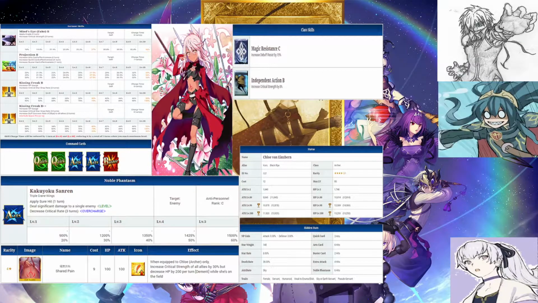So, yeah. I have no comments about this. So, Chloe von Einsburn, or Kuro for short, I guess you'd say. The 4-star welfare archer from the Ilia event. Which, hey, if you haven't gotten her, you got 1 more year to try and get her, so good luck with that. Anyways, her attack strength is